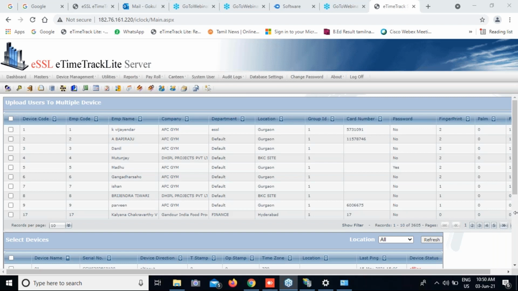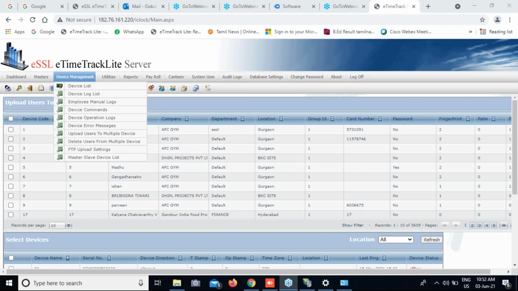The 10 devices have the same employees, so I don't want to register all the employees on all 10 machines. Better I register all employees on one machine, and from that machine we can upload to the remaining 9 machines. This is called upload users to multiple devices.